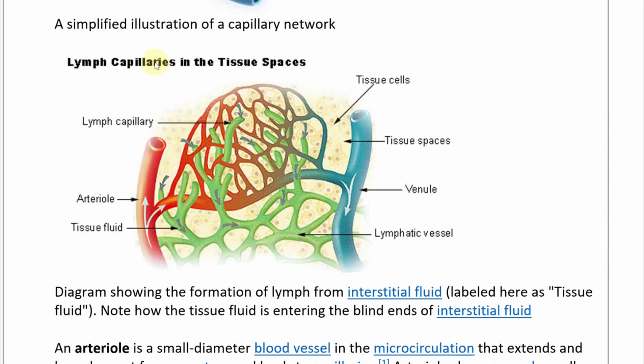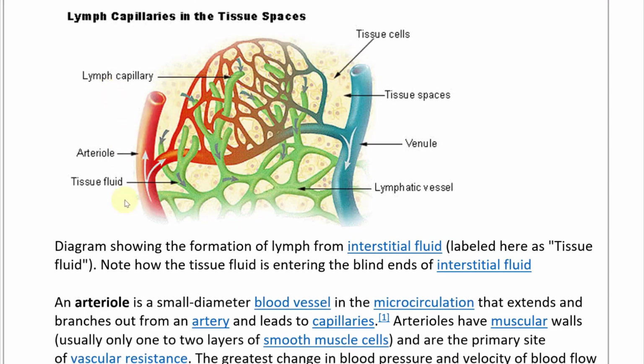And here are lymph capillaries in the tissue spaces, and you can see them here. These are in between even the capillaries right there. And here's a diagram showing the formation of lymph from interstitial fluid, labeled here as tissue fluid. So there's tissue fluid right here. And note how tissue fluid is entering the blind ends of the lymph capillaries. These blind ends are